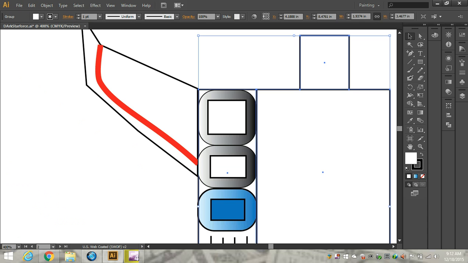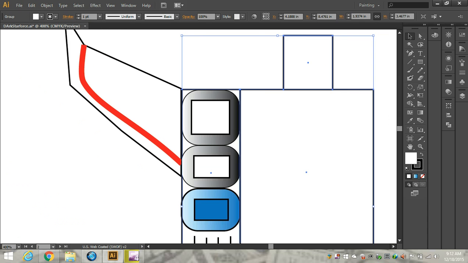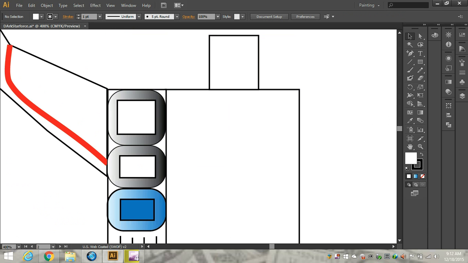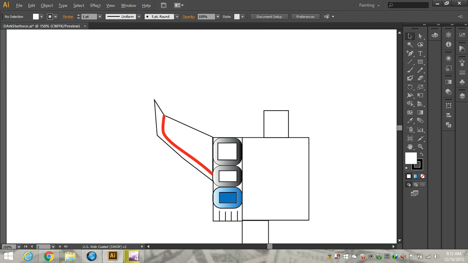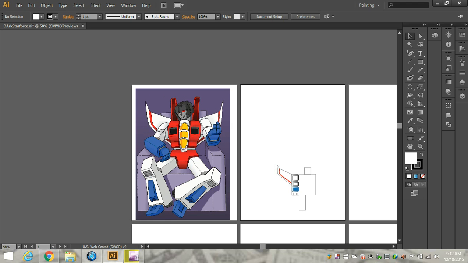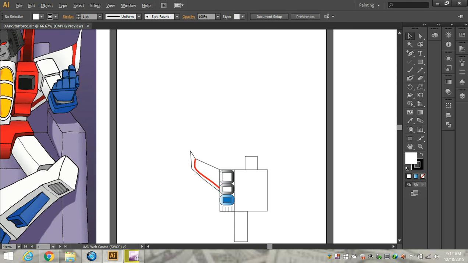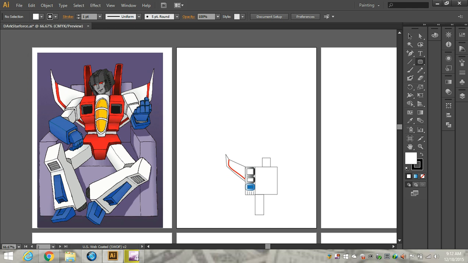Now, Starscream will be the head. So I need to think about that. The head of a bigger transformer. So I need to think about that, and I need to think about the chest plate area right there. So what I'm going to do is I'm going to make a couple boxes. So we've got 1, 2, 3, 4. So I'm going to make 1, 2, 3. 1, 2, 3,